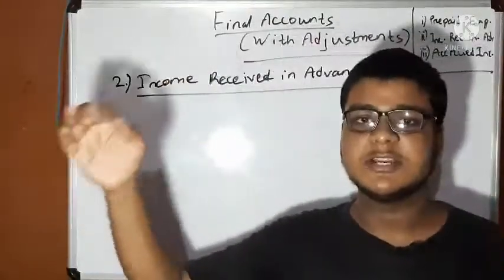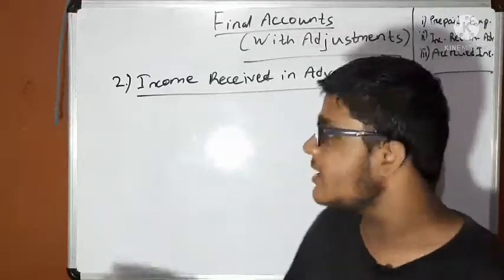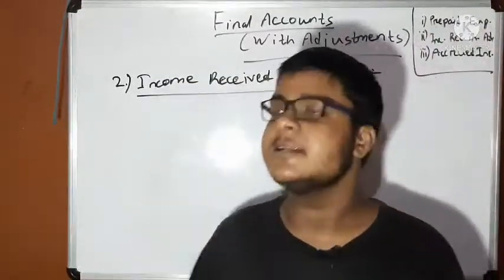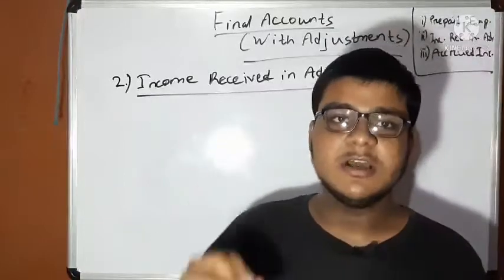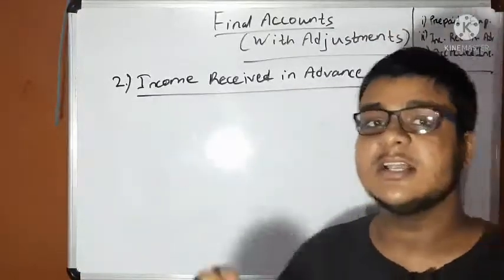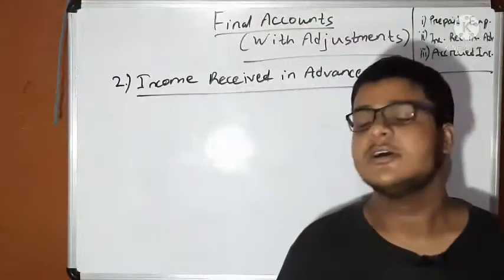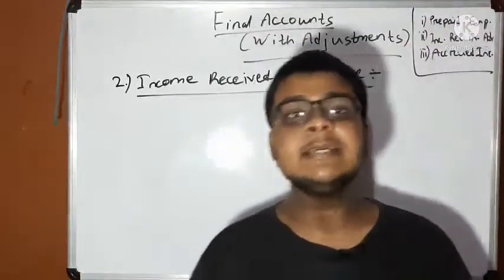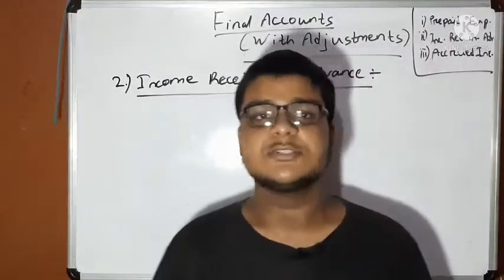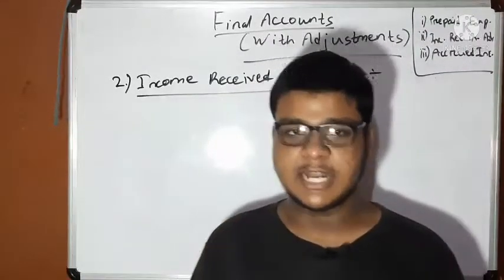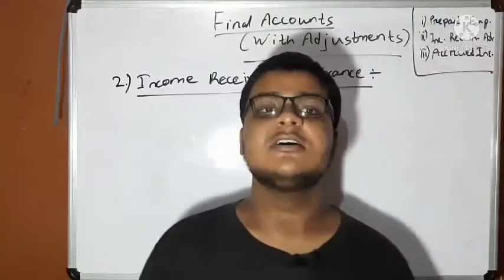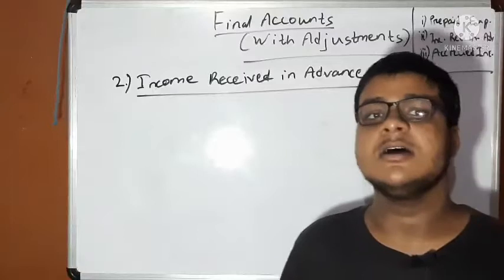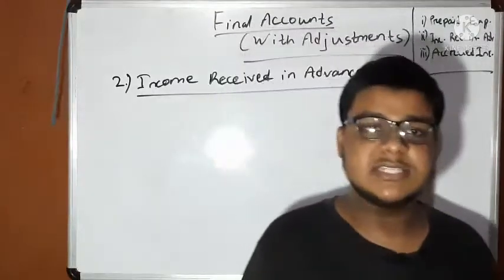The next adjustment that we are going to discuss today is income received in advance. It is the third adjustment of the whole chapter and the second adjustment of today's lecture. So what is the meaning of income received in advance? The meaning of income received in advance is those incomes which are not earned but are received,